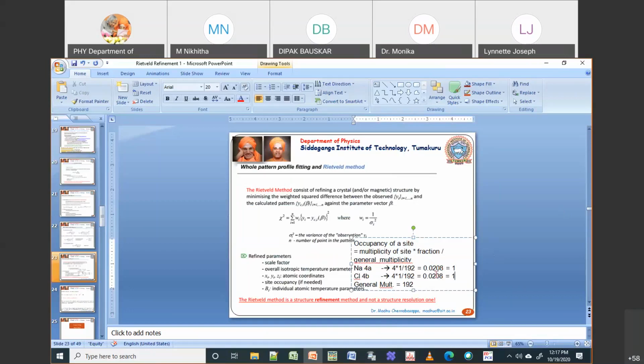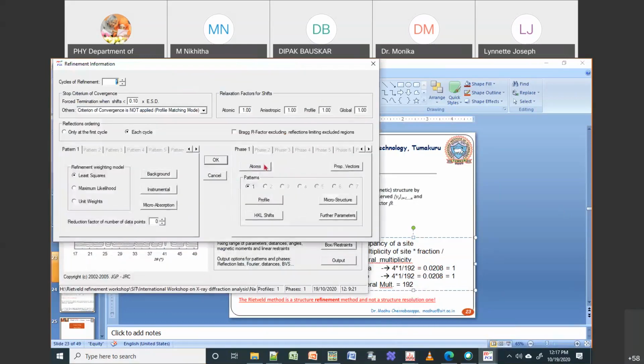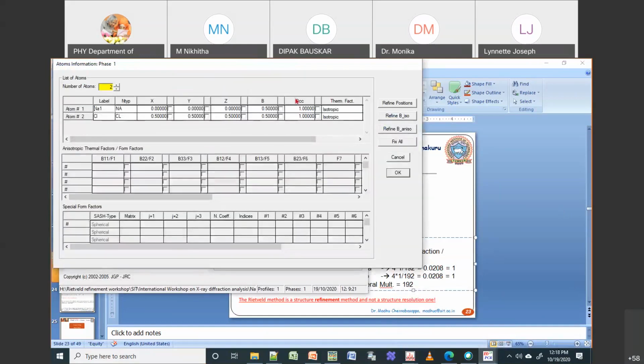If you go to refinement, then to atoms, you can see your occupancy. Either you can put 0.0208 for both, but as both are the same, I'm just putting 1.